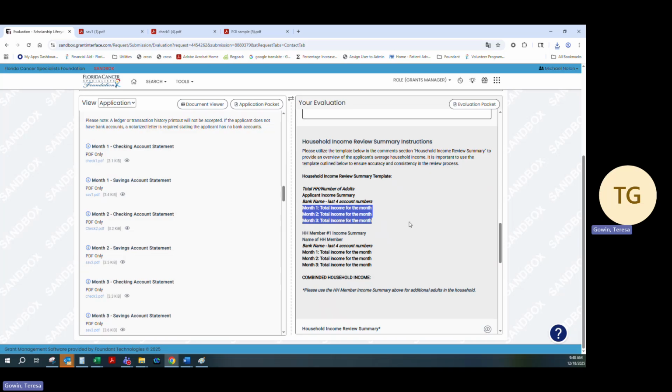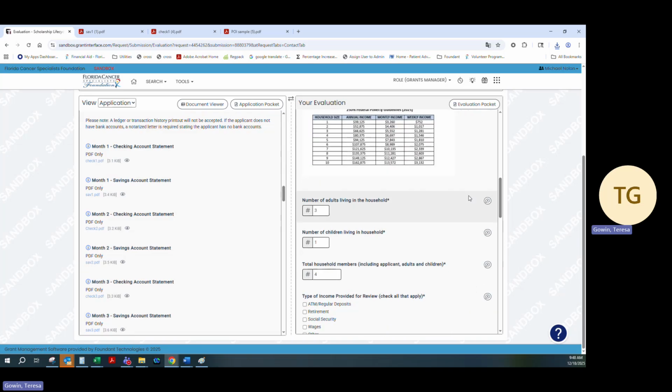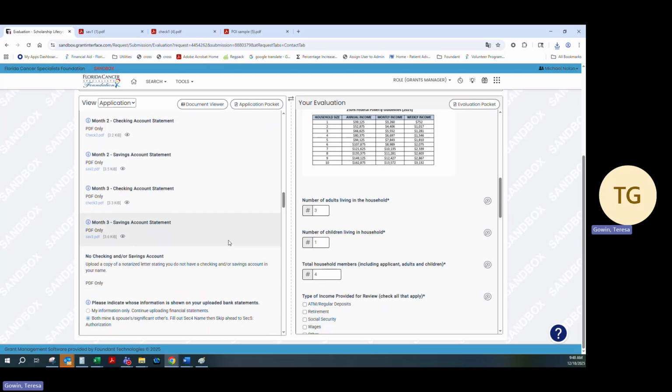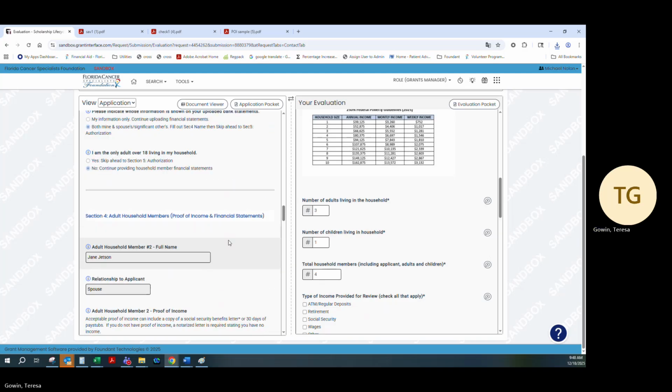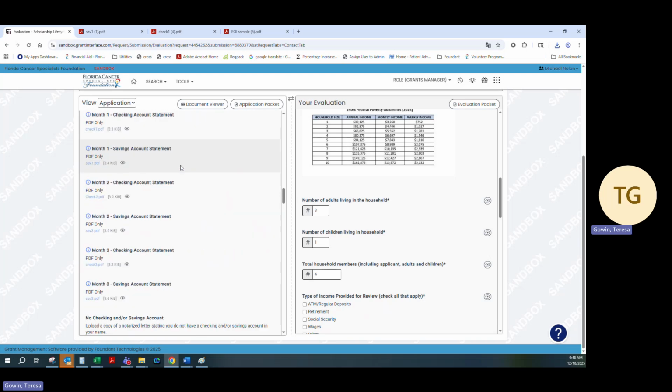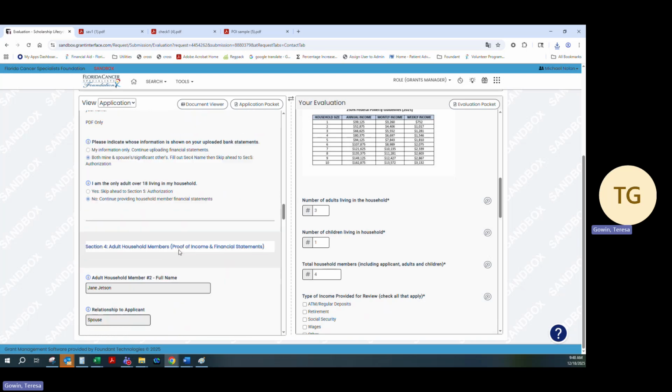Because we saw at the very beginning, I put in that there were 3 adults. I would know that I would need to have 3 sections of the review template that I'm getting ready to show you. So I'm just going to quickly scroll through and make sure I have that before we get moving forward. So I have the applicants, which is up here, and then we're going to move down to the household